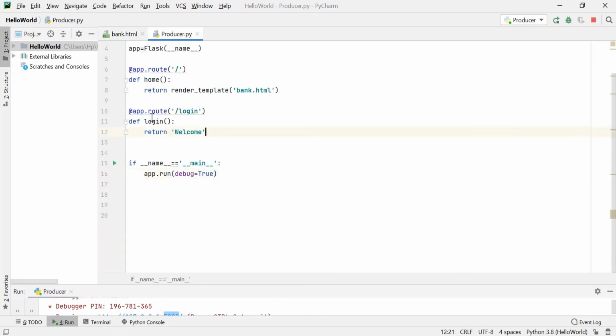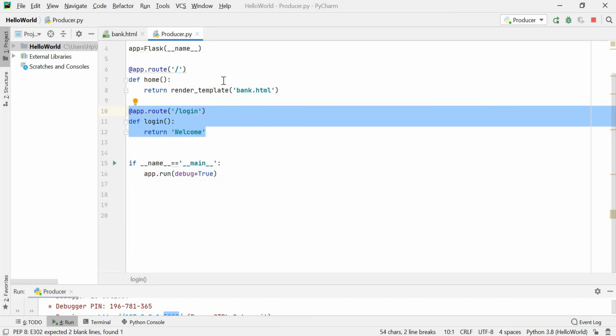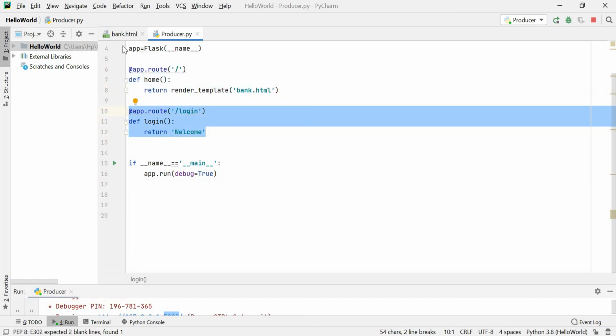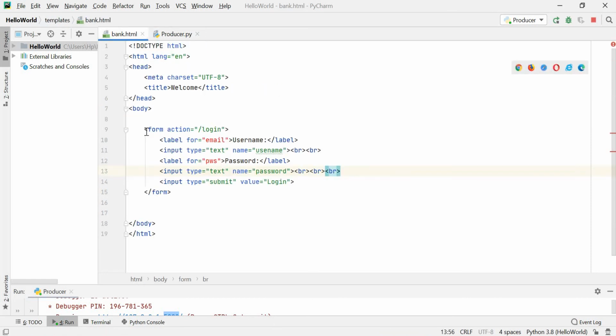Once you log in on this page, it will automatically come to the next page and show the welcome. So like this the action function will work. Once you submit this form, it will directly go to your next page. So like this the action, input and label tags will work, guys.